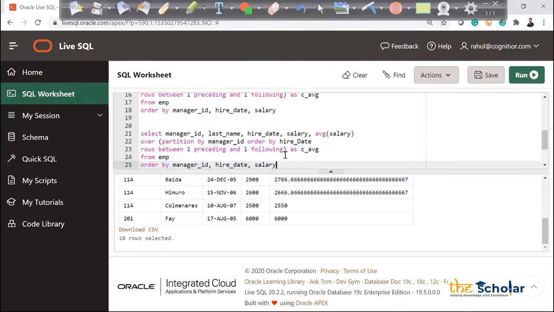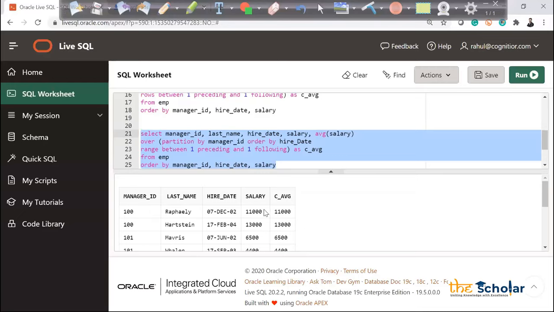In fact, it is showing me individual records only. 11000, 11000, 13000, 13000, 6500, 6500, 4400, 4400. So range is giving me the same value. What's happening here? We'll discuss that in some time, but there is a use case for range as well.